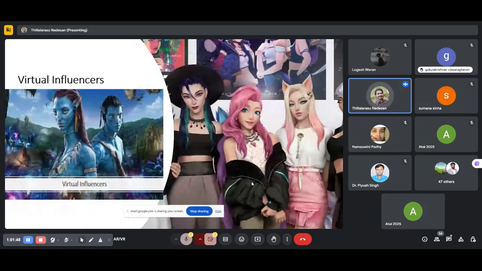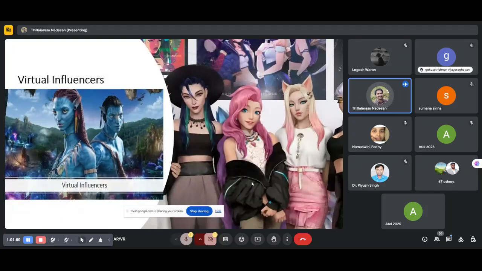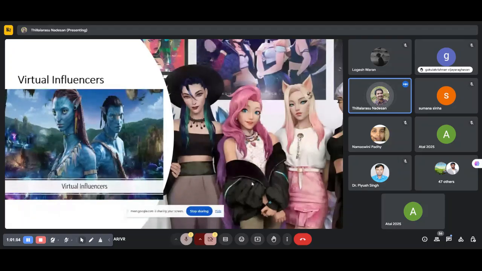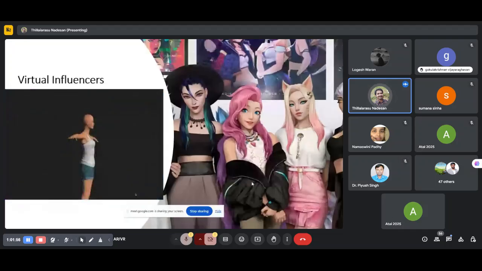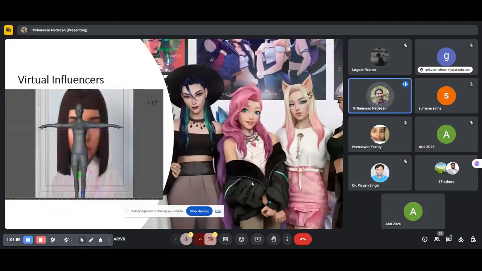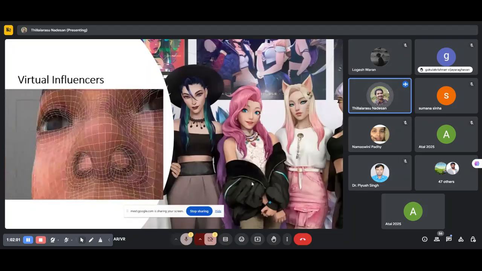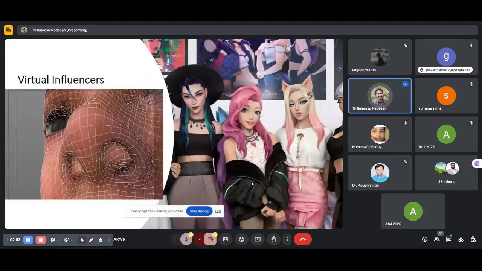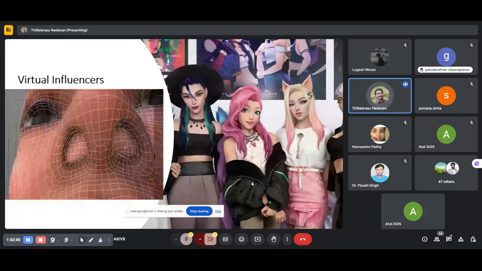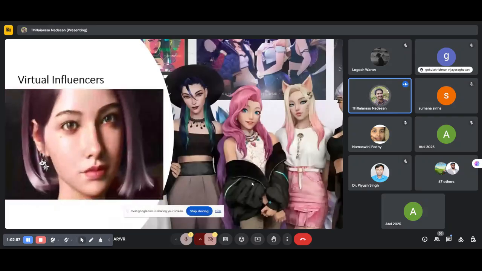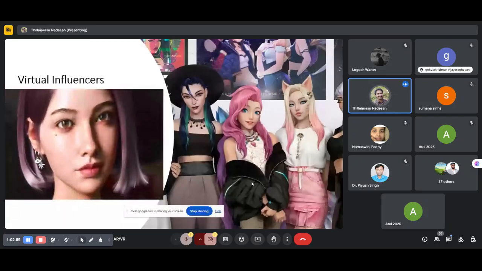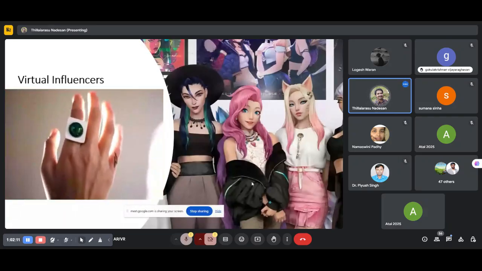A virtual influencer is a fictional person or character with a social media account that is run by a content creating team, which in turn collaborates with brands. By definition, virtual influencers, or CGI influencers as they can also be called, are fictional computer generated people who have the realistic characteristics, features, and personalities of humans.